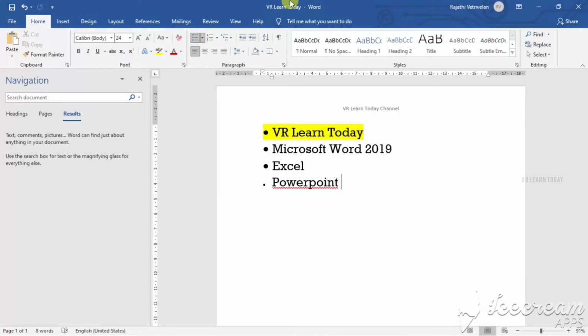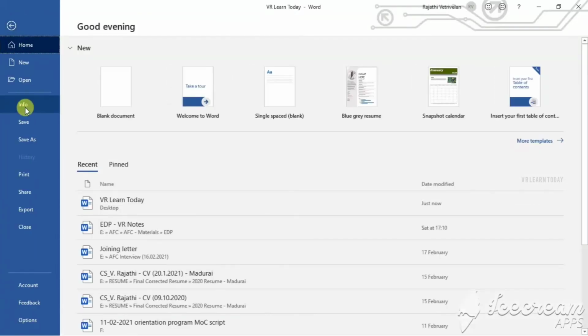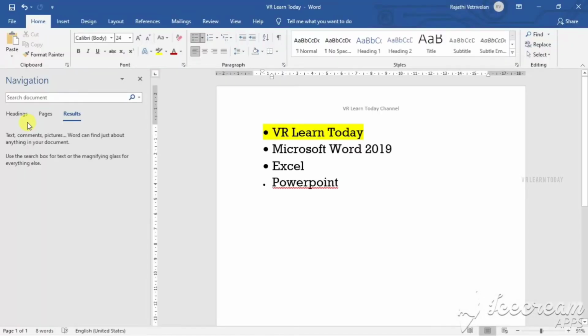So first you have to know the saving location, then only you can open it later. If you don't know where you saved the document, it's difficult to find. So whenever you are going to save a document, just note where you are saving. The first method is File and Save. The other one is the shortcut method.